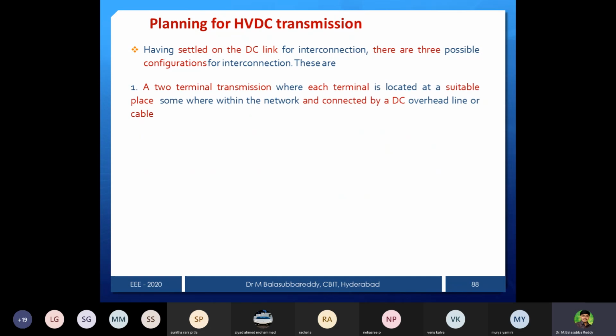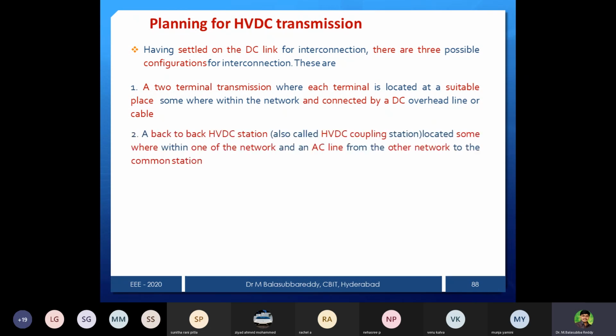One is a two terminal transmission where each terminal is located at a suitable place. That is what I am telling about the first diagram of the three. Two terminal transmission where each terminal is located at a suitable place somewhere within the network. So now we can place the terminals, substations, or converter stations anywhere, connected by DC overhead lines or a cable. But a cable is not for that long a distance. It will be used where submarine and underground transmission is required. Second one is a back-to-back HVDC station